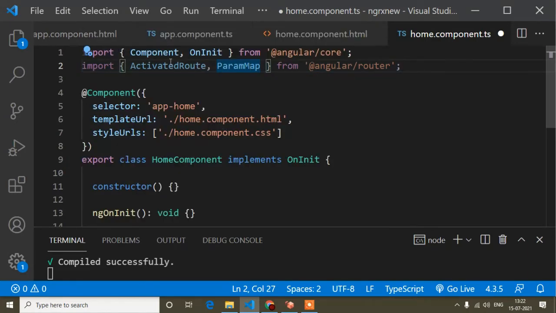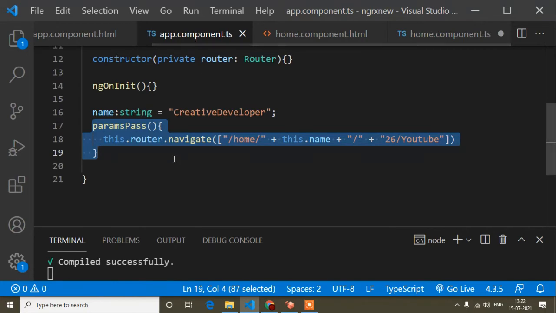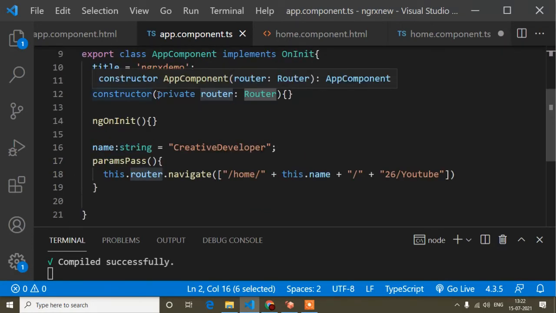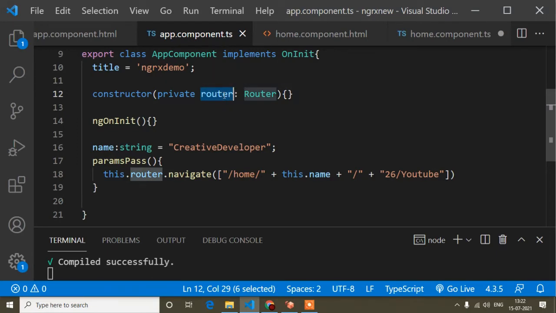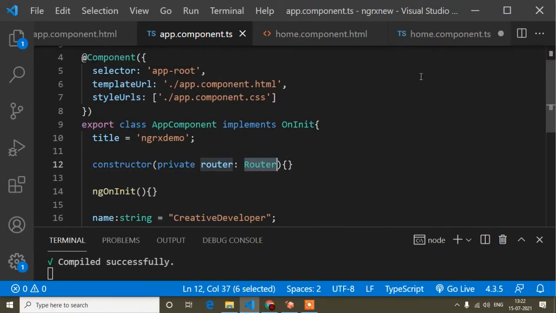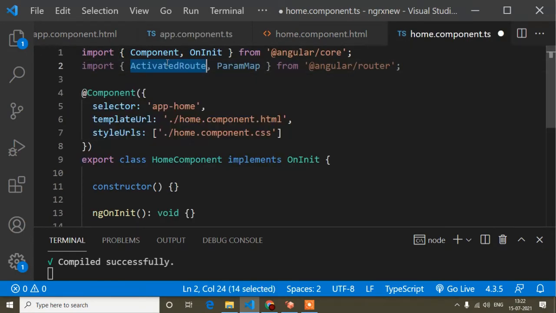So that's clear. And now guys, I have to create the instance for this ActivatedRoute, because this is the syntax. In the app component.ts file, I had created the instance for the router which I had imported. How to create the instance? In the constructor, we write private and the instance name. Someone calls it a variable name, but actually it's called the instance name. You write the instance name, and for what you want to create the instance. Like I wanted to create the instance for router, so I pasted it here. In the same way I will create the instance for this ActivatedRoute.